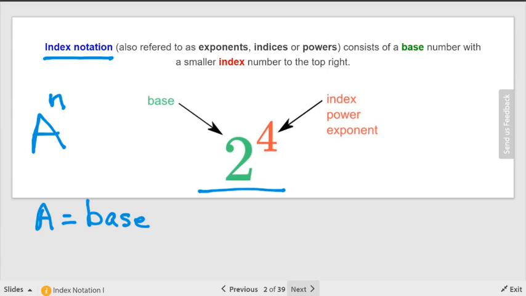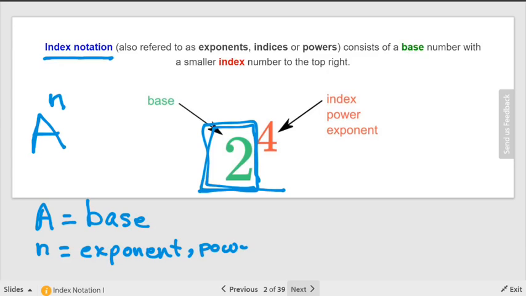And that's important. Know the words, okay? So in this example, what is the base? The 2. The 2, okay? And n is the exponent,